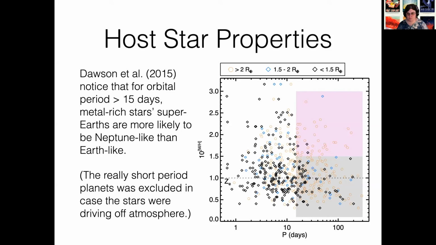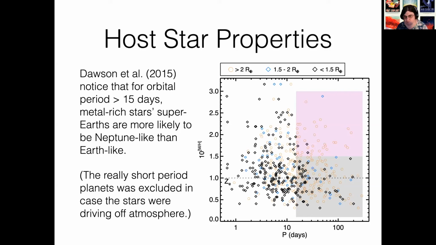Again, on the bottom, we're plotting the period of the planet. On the side, we're plotting metallicity. This time it's a linear scale. We've de-logified it, so the sun is 1 on this plot, because 10 to the 0 is 1. In the gray shaded region, you can see there's some orange